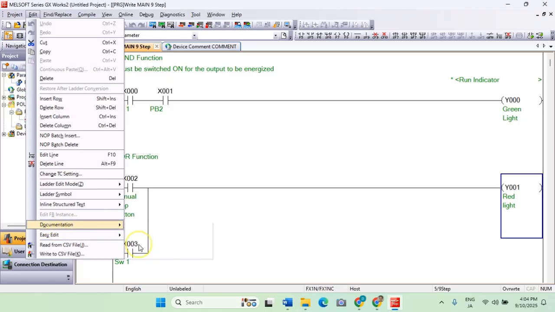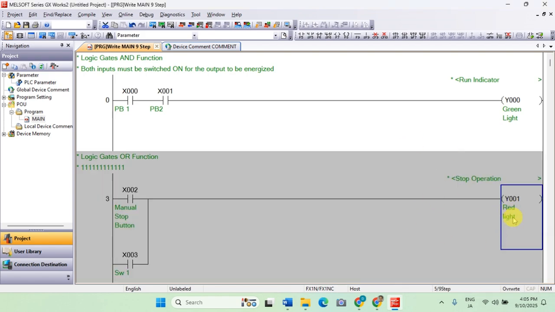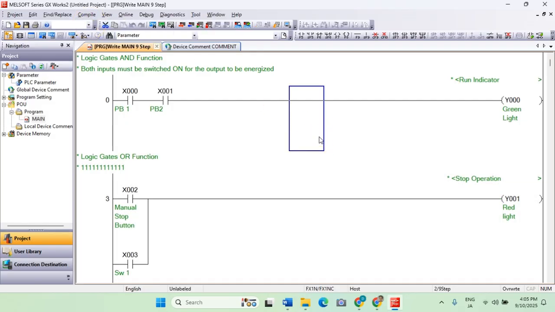Documentation note, and then let's say that stop operation. So it means that when the red light is on, the operation is halted or in stop position. Compile.